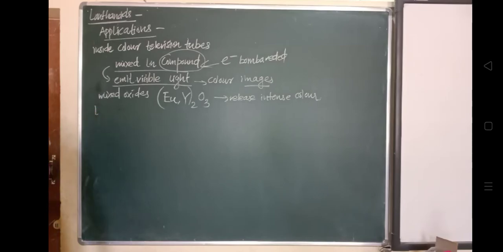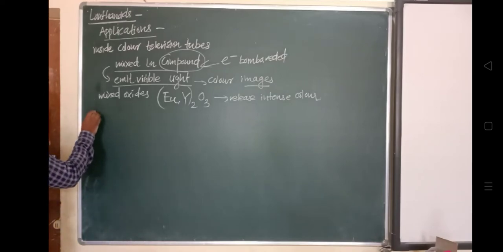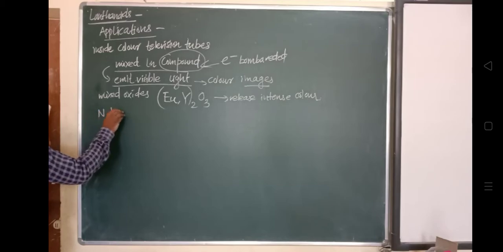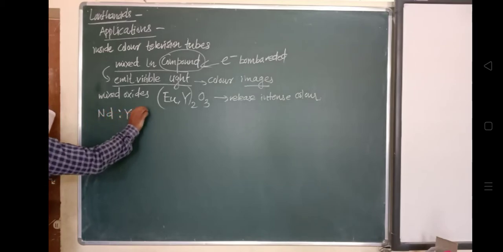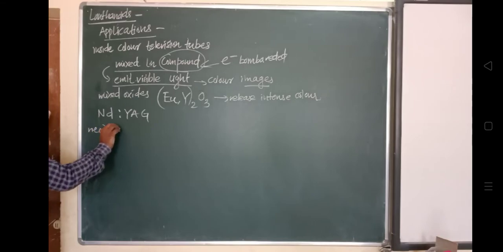Optoelectronic applications use lanthanoid ions as active ions in luminescent material. The most notable application is this Nd, called neodymium. Nd:YAG. The most used application is this YAG. What is this? Nd stands for the lanthanoid element neodymium.